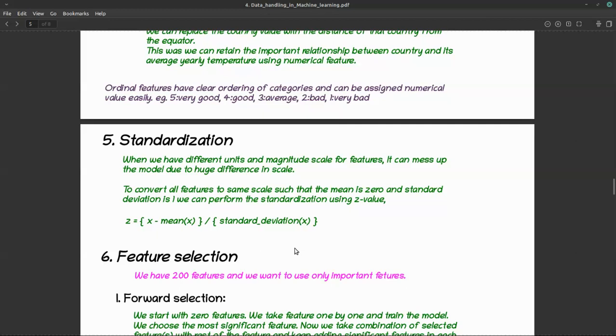It assumes that your data is normally distributed. So what standardization is doing, given any distribution, if you take x minus mu by sigma, it is making mu equal to 0 and variance equal to 1, right? So given any crazy data, if you apply the standardization, then your mu would be 0 and sigma would be 1, or sigma square would be 1. Correct? So this is also called the z value.